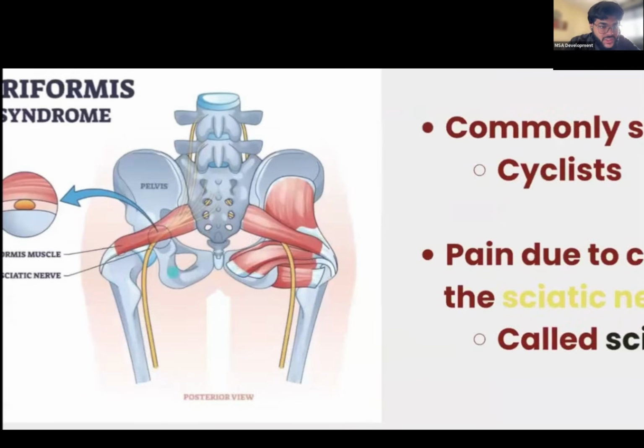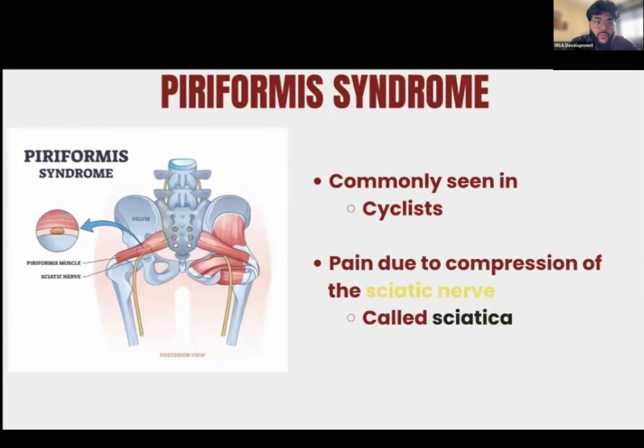So now let's talk about a clinical syndrome, which is piriformis syndrome. This piriformis syndrome is usually seen in cyclists. Why is it seen in cyclists? Because the piriformis muscle becomes hypertrophied and very large in cyclists, because they use this muscle a lot